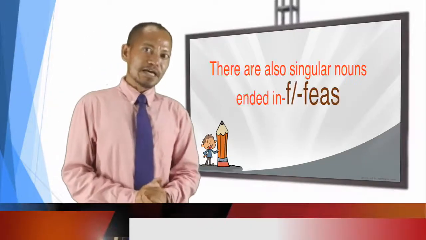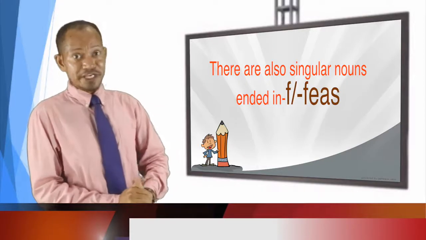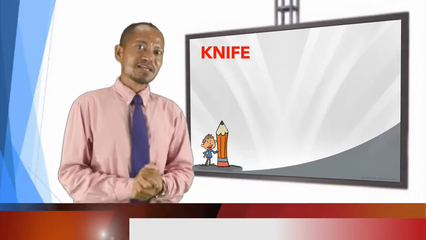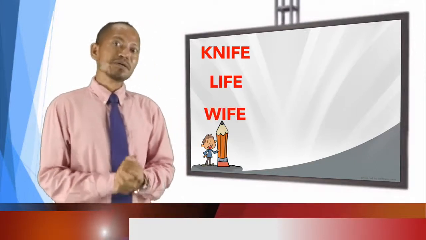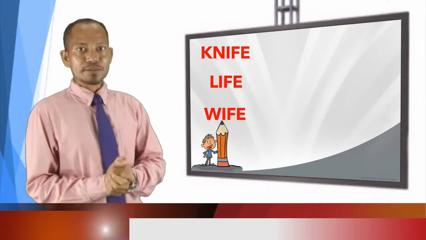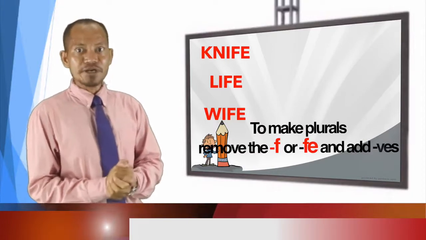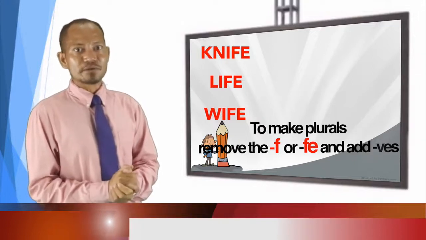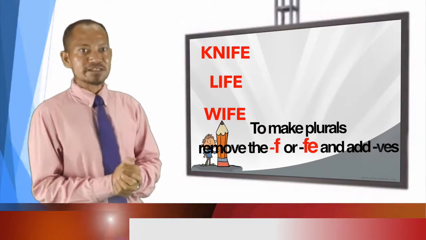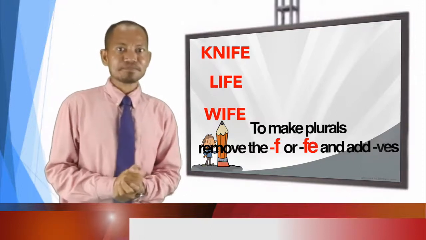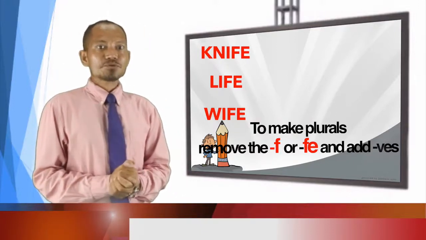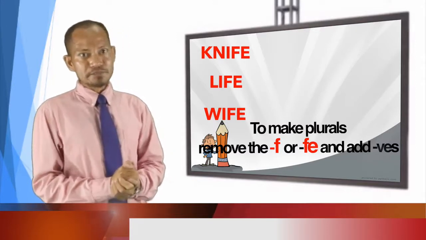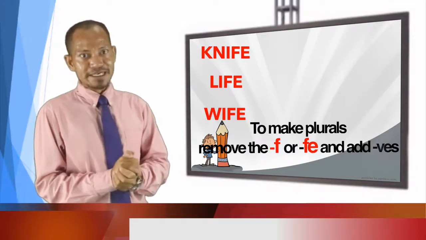There are also singular nouns ending in f or fe in the examples of the following singular nouns. For example, knife, life, wife, etc. To make them plurals, remove the f or fe and add ves instead, as in the following examples on the table. Please also read the example sentences provided in the next column. Singular nouns end in f or fe. To make them plurals, please remove the f or fe and add ves: